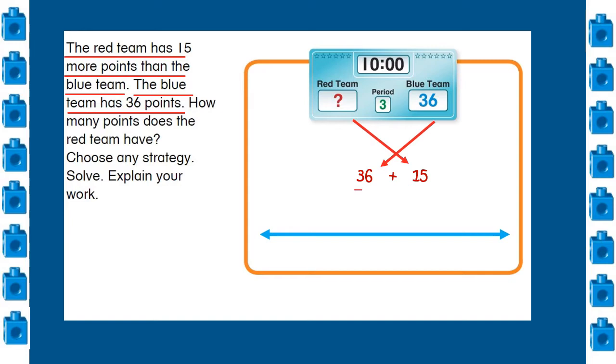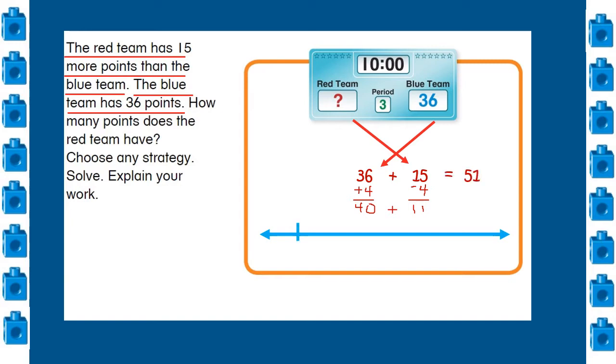Now, we can figure this out, and we have a couple of strategies for doing it. We might want to use our new friend compensation and say 36 plus 4 is 40. Okay, and we can figure that out using our number line or our 100 chart. And if we added 4 there, we're going to subtract 4 over here. 15 minus 4 is 11. And then we can do 40 plus 11. The other thing that we can do